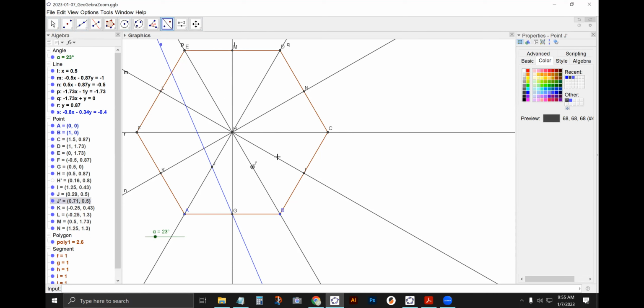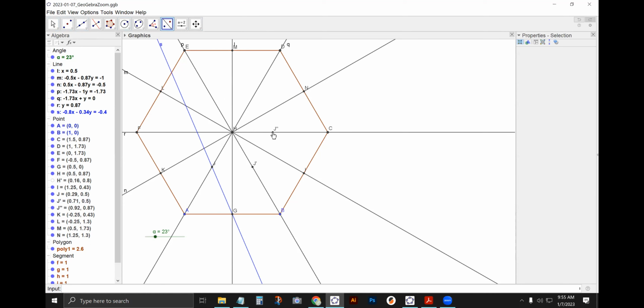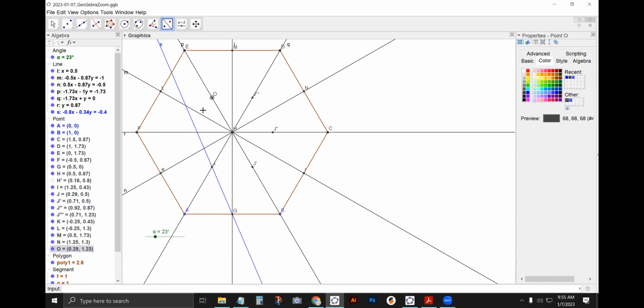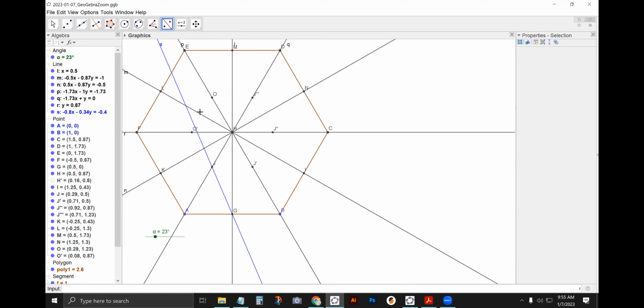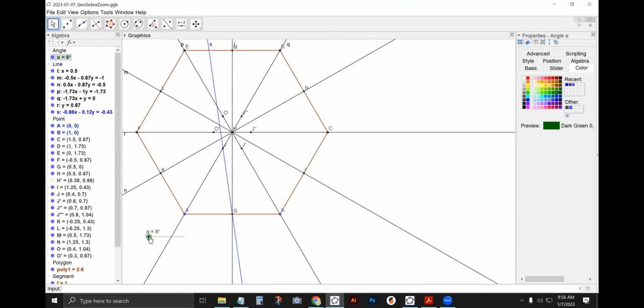So I'm reflecting this point over this line, then I'm going to click on this point, reflect it over this line, this point, reflect over that vertical, and this point, reflect it over here. And just to kind of make sure all those points are correct, I'm going to move my slider around, and I see that those points move from the vertices of my hexagon to the center. So that's kind of fun already. I'm going to do that one more time